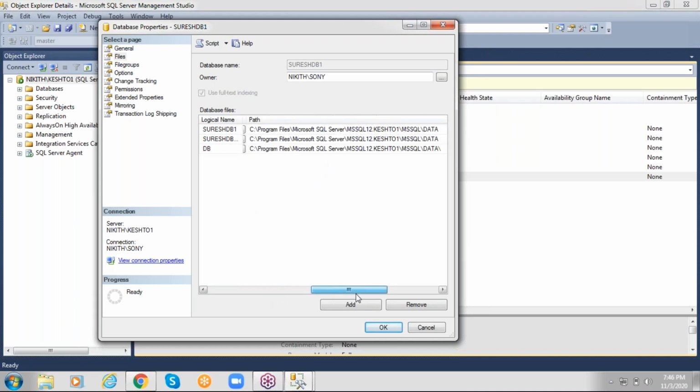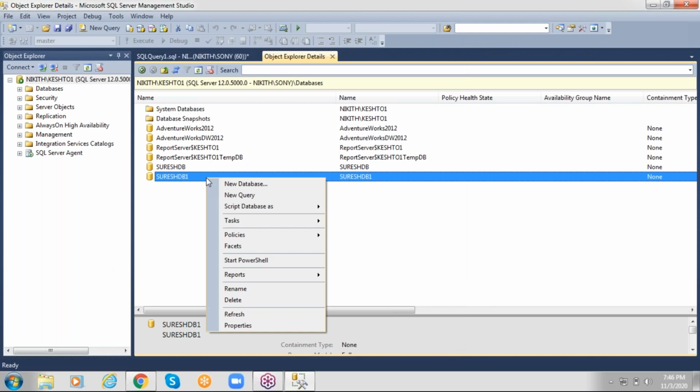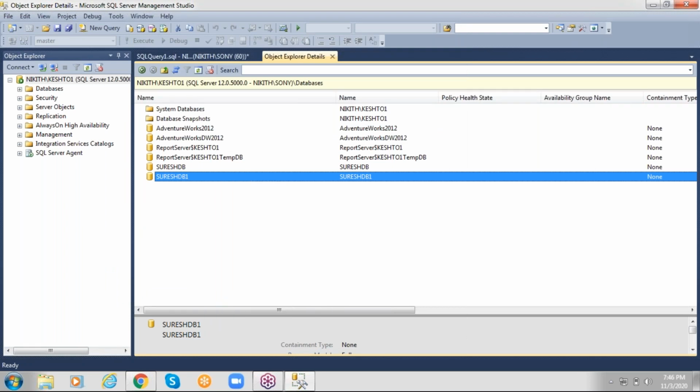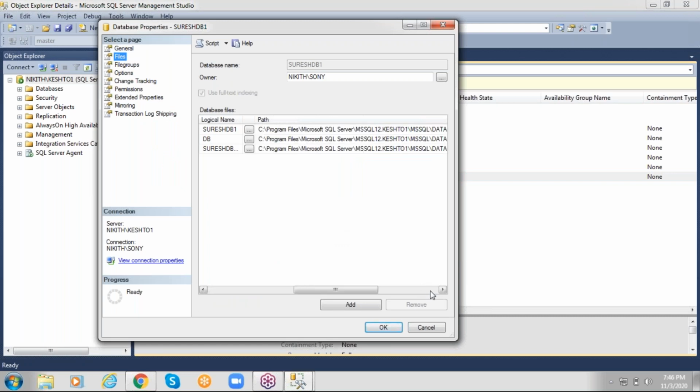Again, you have to change the path, sorry, not file name, path. Now go to properties, right click, scroll. The .mdf is the extension. Next data file.